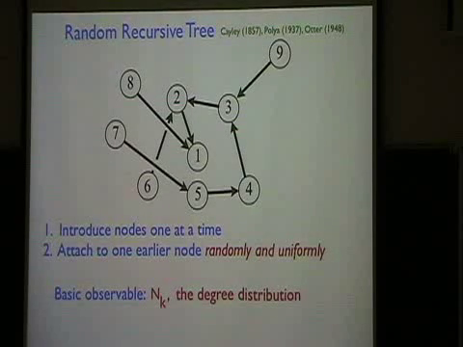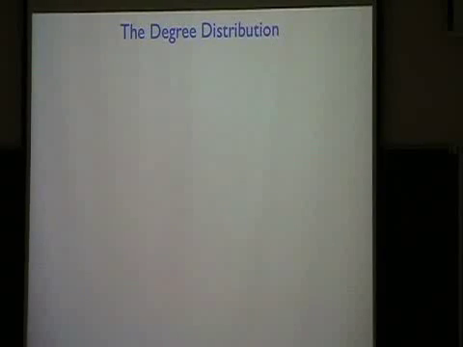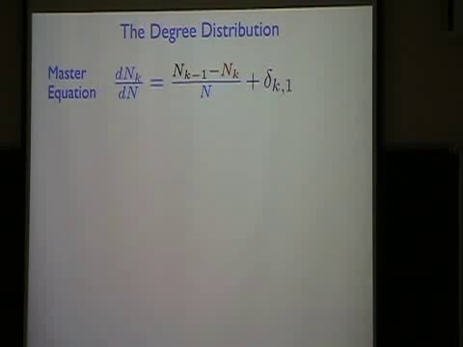And once again, the master equation approach provides a very natural and simple way to get this with very little computational labor. And as you're going to see, the master equation for this model is almost the same as for the Erdős-Rényi random graph. So I'm only proceeding in tiny little baby steps. Once we've derived one equation, the next one follows with just one little extra twist. So here's the master equation for the random recursive tree. And let me remind you what we had before for the Erdős-Rényi random graph. So this looks similar, but it's not quite the same.